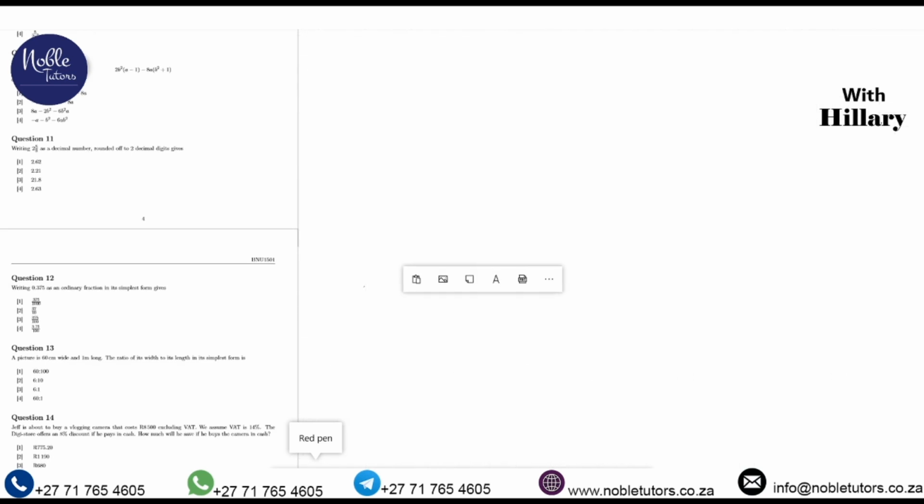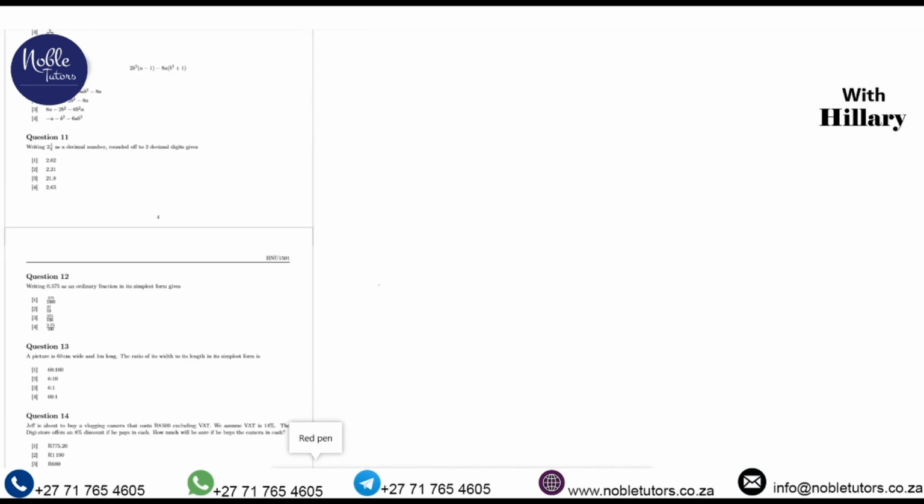On question 11, we are given a fraction, and they say it's a mixed fraction: 2 and 5 over 8 as a decimal number. If you want to write a mixed fraction as a decimal number, we first need to convert that fraction into an improper fraction. So we said to convert a mixed fraction to an improper fraction, we say 2 times 8 plus 5 divided by 8, which will give us